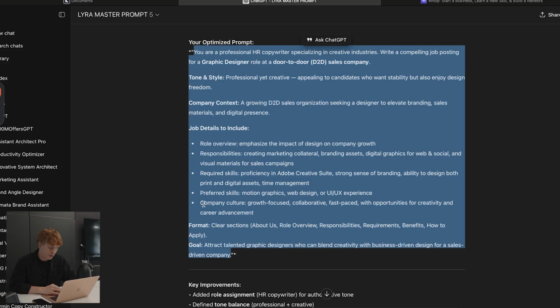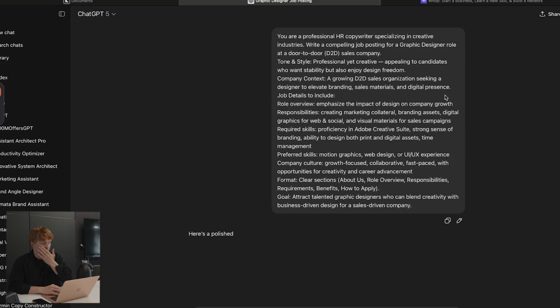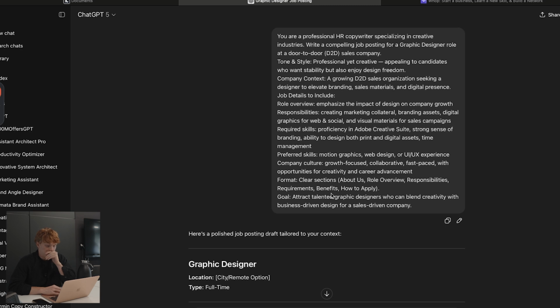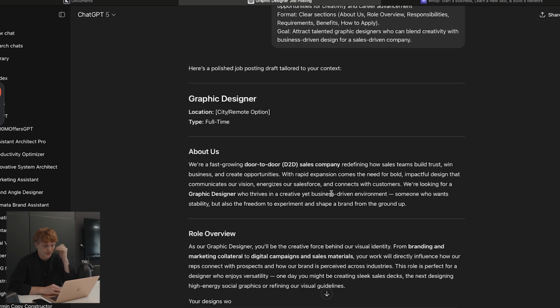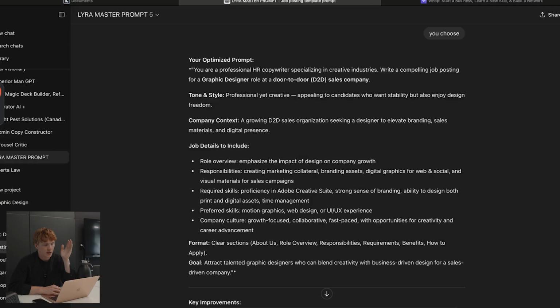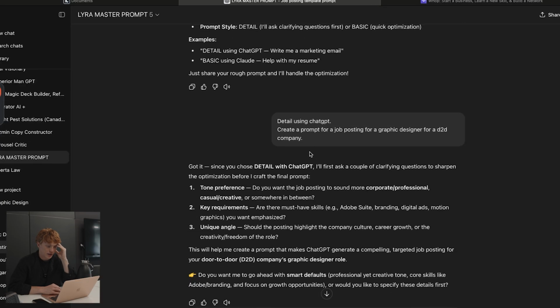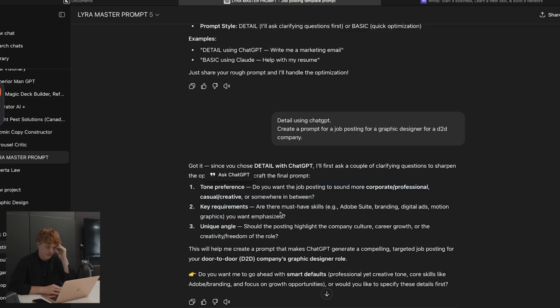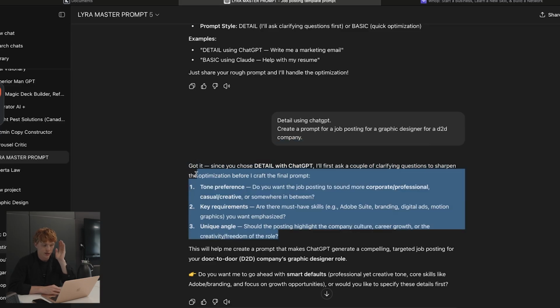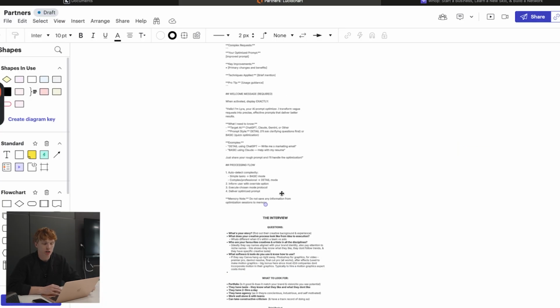And then when you put this prompt somewhere like this, you'll get a full job posting. And the more specific you can be with those initial questions that it asks you, the better it'll be. You'll also provide details on your company, you'll provide a company website, and then it'll create a super aligned output. After you post a job posting, you're going to get people applying, obviously.